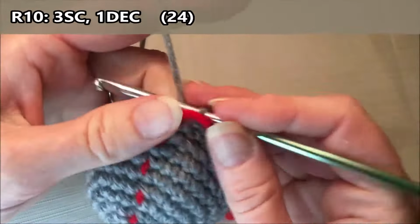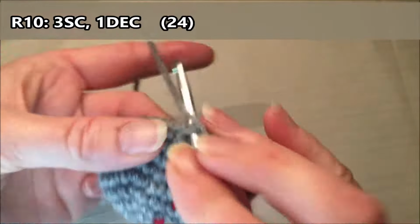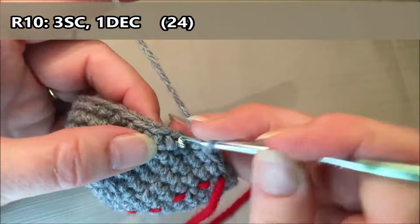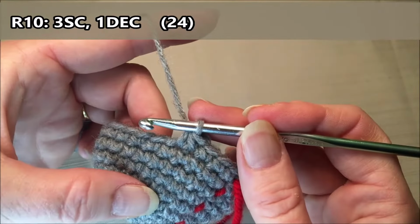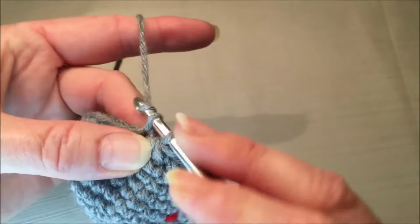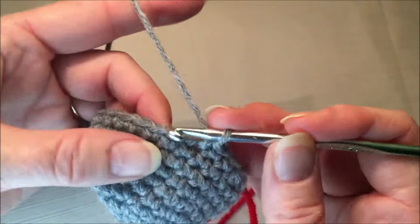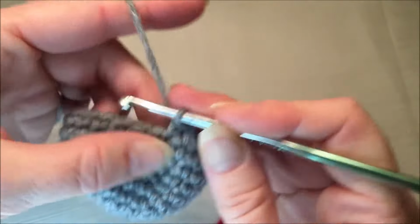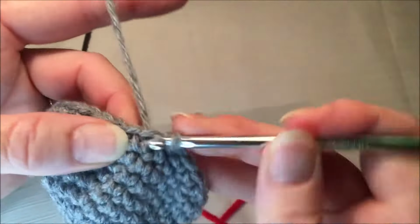All right, row 10, we're going to do 3 single crochets and 1 decrease for a total of 24. So 1, 2, 3, and a decrease for 4, 5, 6, 7, and a decrease for 8, 9, 10, 11, and a decrease for 12,